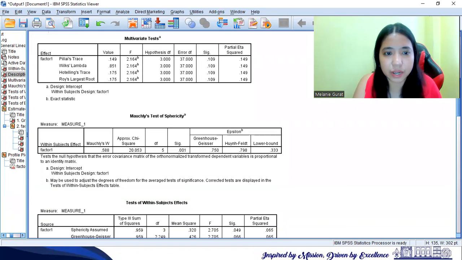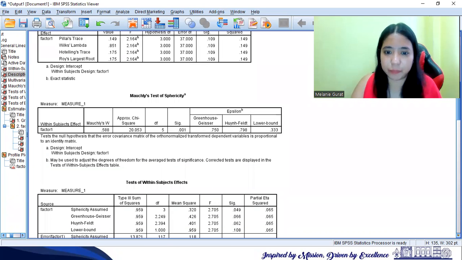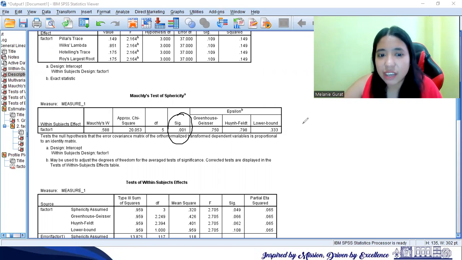So going down here, in this table, Mauchly's test of sphericity, we again have to check the value of the P. We know that when we use the test for normality and other lessons in using inferential statistics, if the result is less than 0.01 or 0.05 in general, then it means that we violated the assumptions.